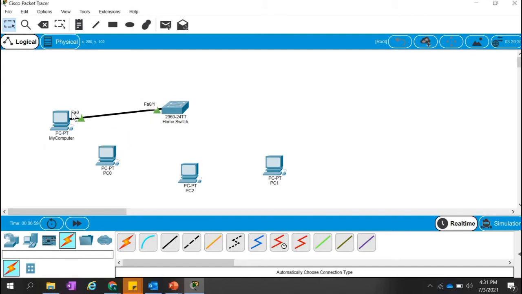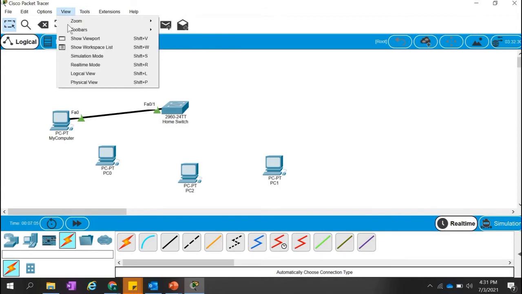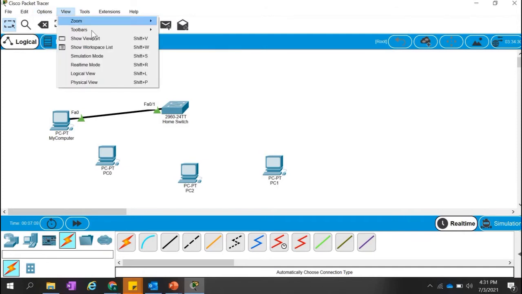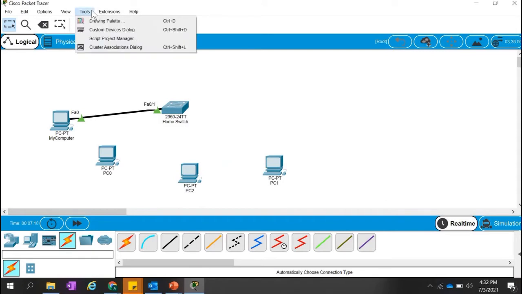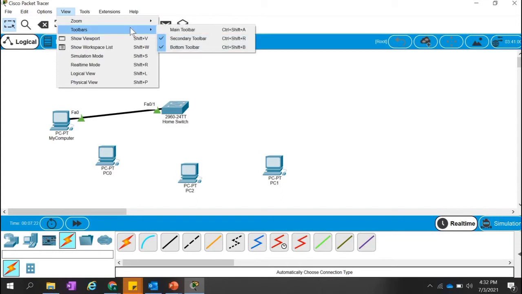And here this fast port number is visible, but normally by default it is not visible. You can enable it via, I think, view, show, view. No, this is not the case, but normally it is not visible. You can enable or disable in the toolbar.